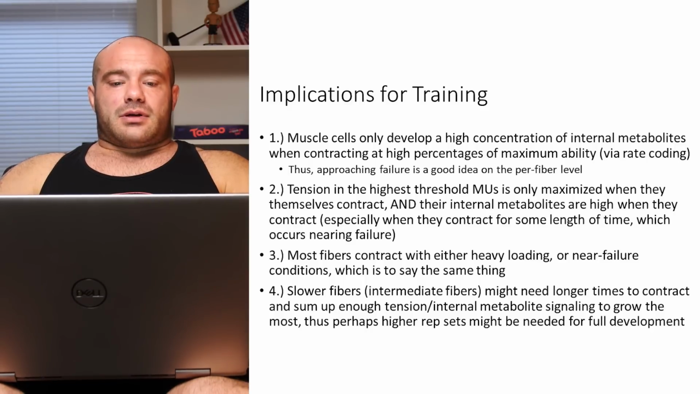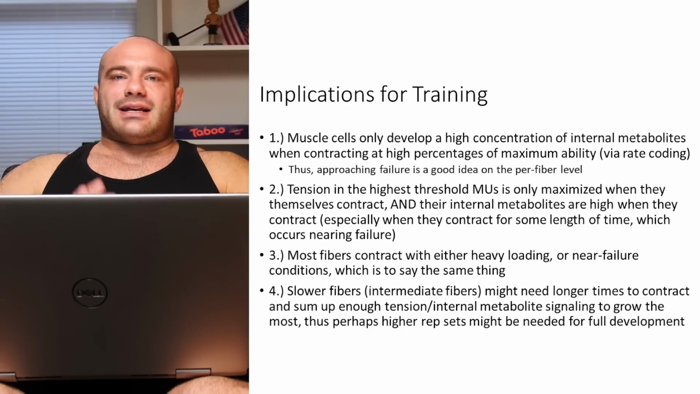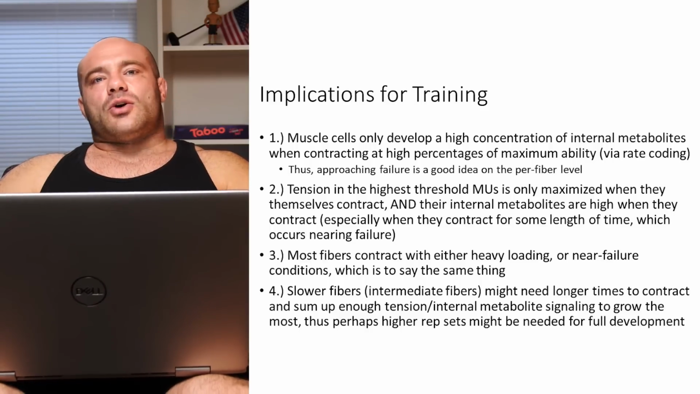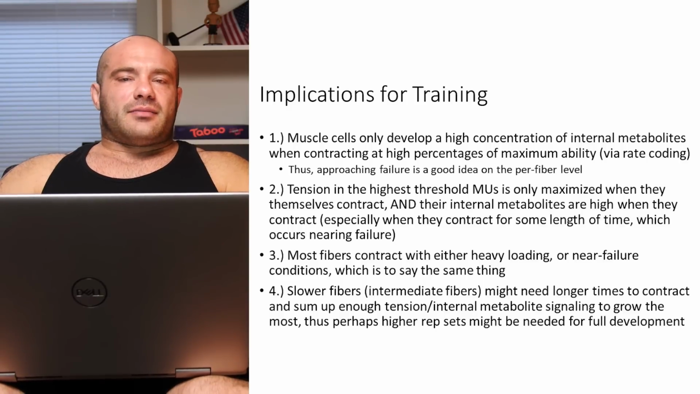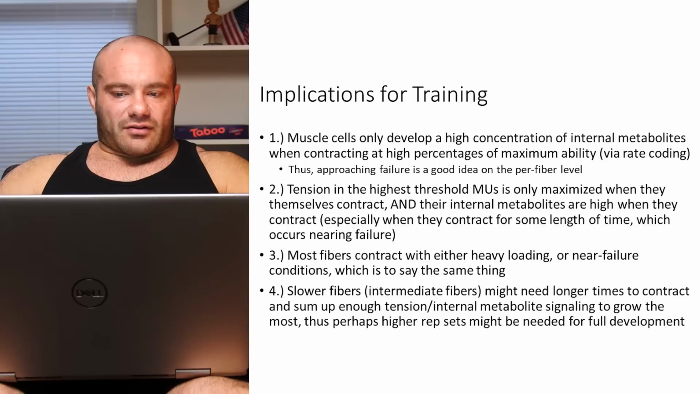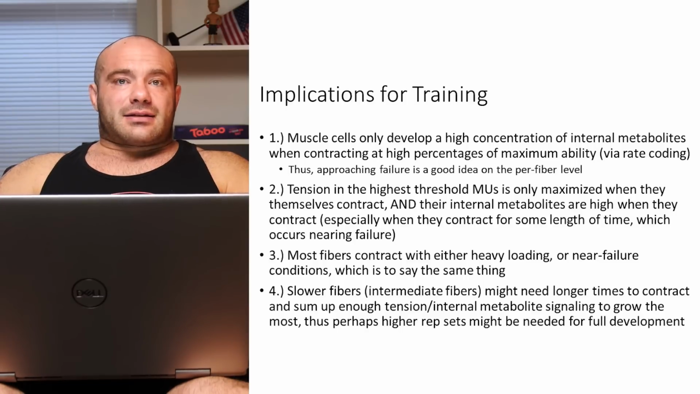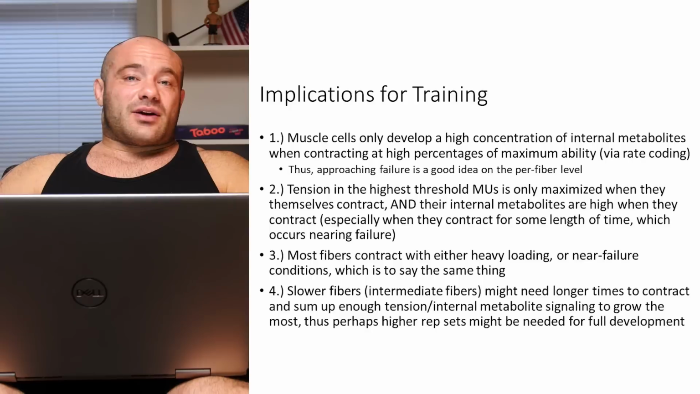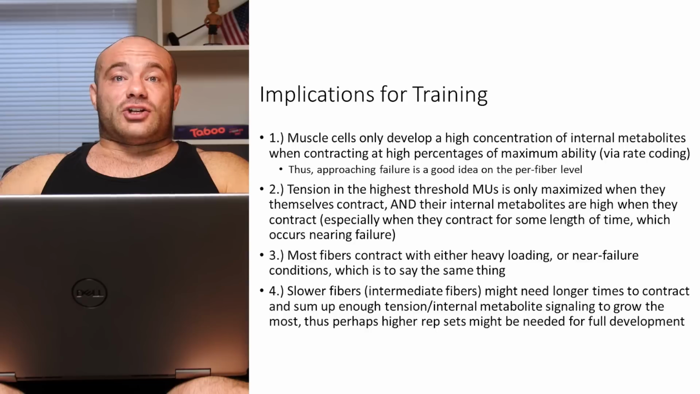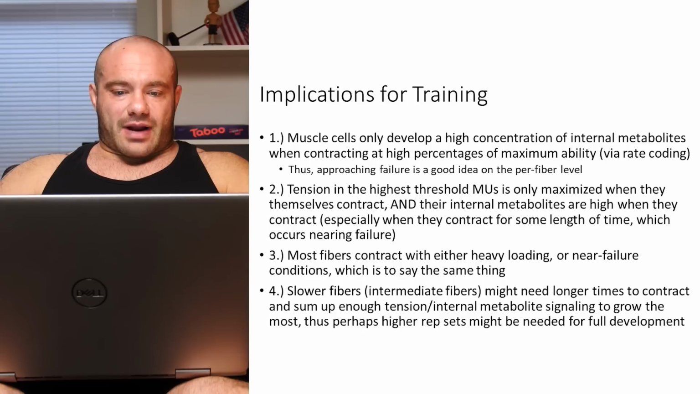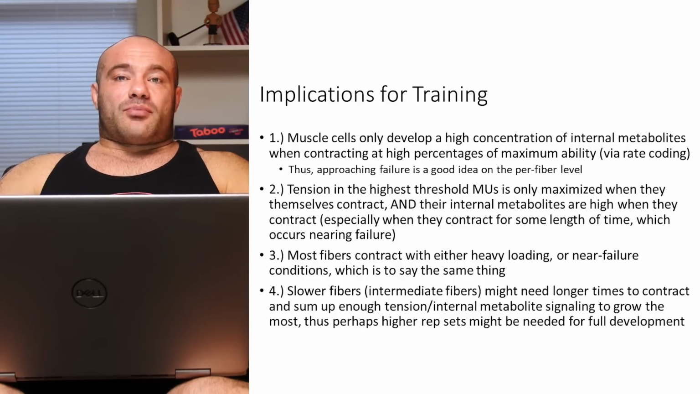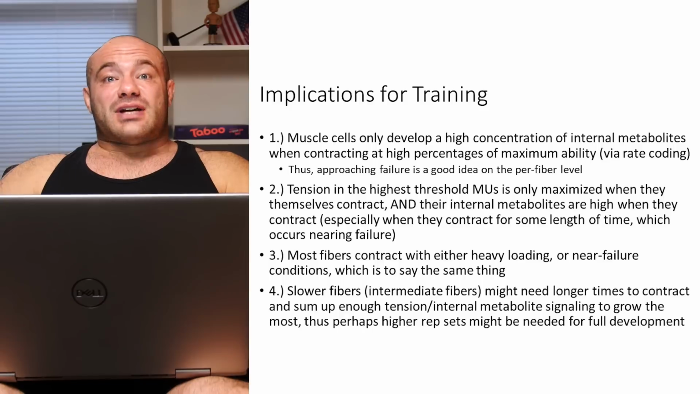Point number 2, tension in the highest threshold motor units is only maximized when they themselves contract. Yes, there are some ways to get tension going with just peripheral activation, but nothing beats the contraction of the motor unit itself, right? And not only does the tension have to be applied, because we can do that with stretching to some hypertrophic benefit, but not much, there has to be probably a lot of internal metabolite generation during that can only be caused by that muscle contraction, right? And that probably has to occur with a contraction for a length of time. So for example,